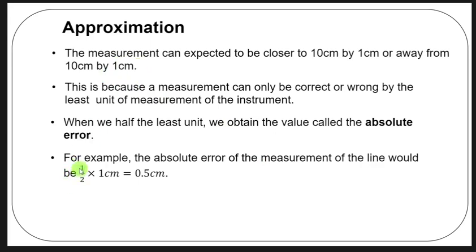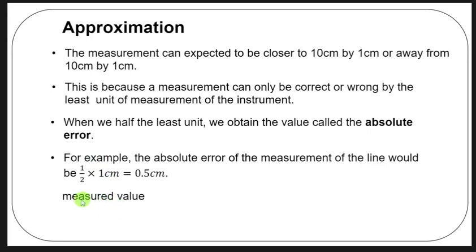If you get the least unit of the instrument, you halve it. To halve it is to get 1/2, multiplied by that least unit. Then we are going to get 0.5 centimeters. And this 0.5 centimeters is called the absolute error. All right, so we are saying